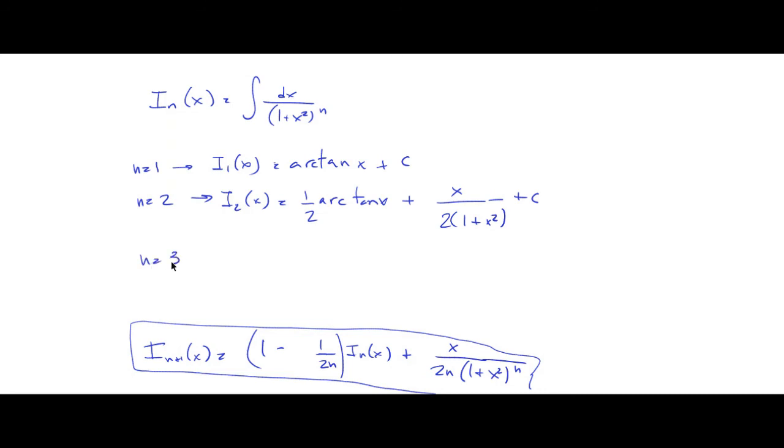Now if n equals 3, this is I3, which is 1 minus 1 over,